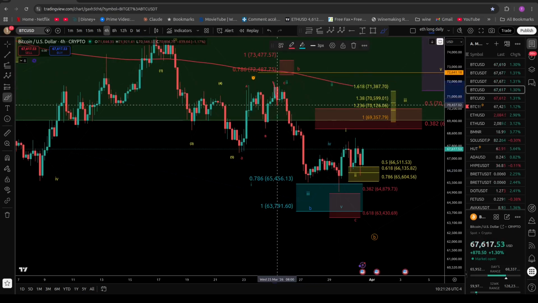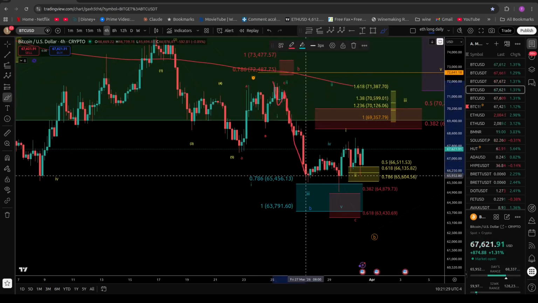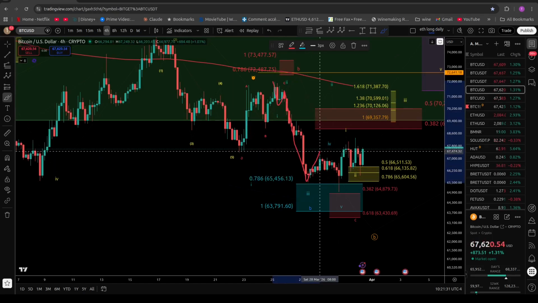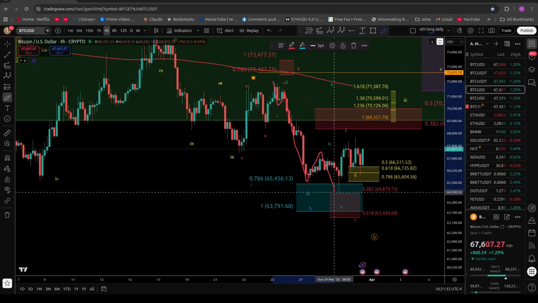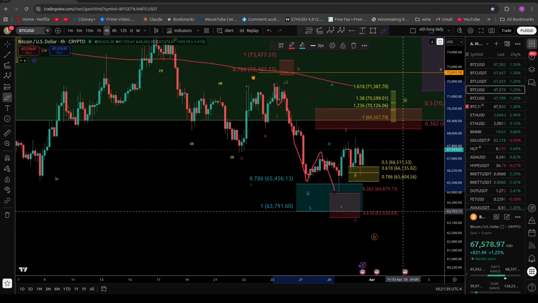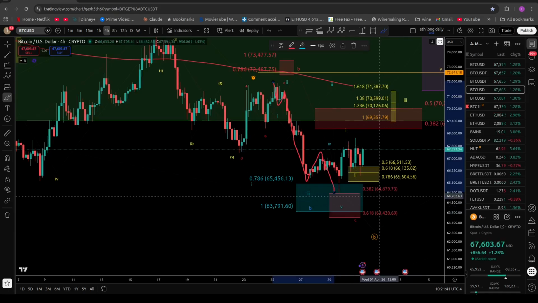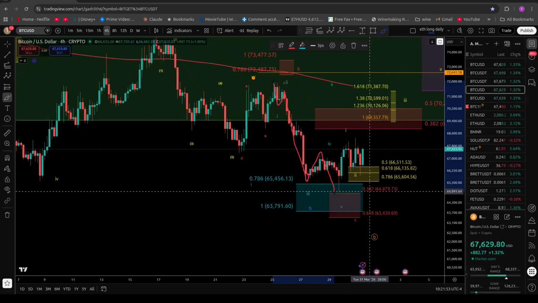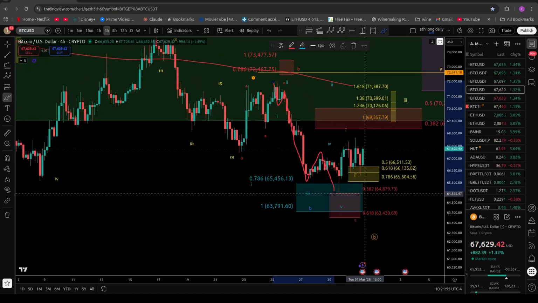So, was this a 1-2? This was a very deep third wave, this was the fourth, and this was kind of a mild fifth wave. But when I did the fib extension, you can see that we almost reached perfectly the 0.382, which is the first target when we calculate the length of the wave 1 plus the length of the wave 3 to the end of the wave 4. That's the first target once again. So 0.382,